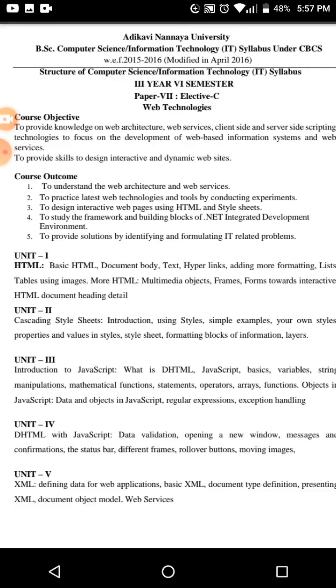So what are the different types of web technologies? We can say browsers. By the browsers we can browse the different kinds of information over the internet, browsing or net surfing, and HTML, hypertext markup language, and CSS, cascading style sheets, and programming languages, frameworks. These are the different web technologies. Basically we have three technologies over the internet: HTML, CSS, and JavaScript.